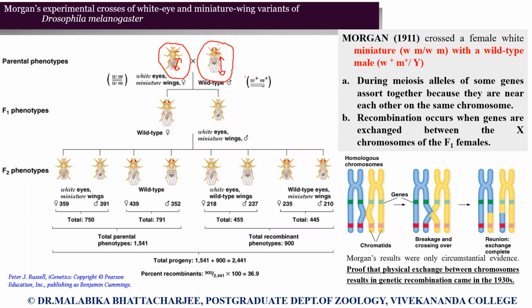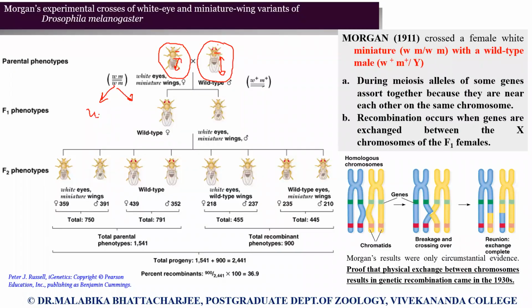And when we did our previous classes, I had said that we usually name a gene by the mutation it shows. So w means white mutant of the original w+ allele, which is the normal eye color, and m means miniature wings with respect to the normal wild type wings. Now, we have two different flies, so we have two different gametes.